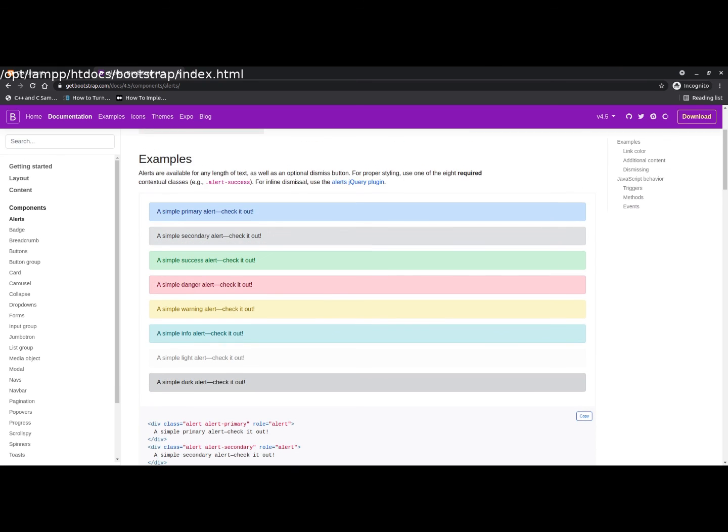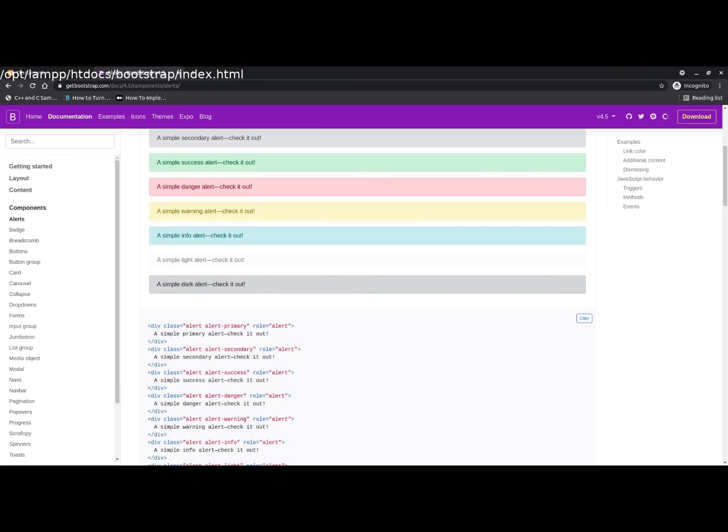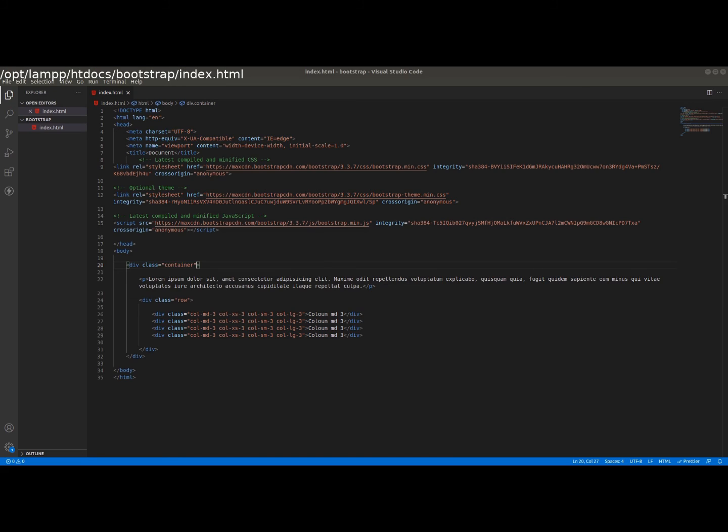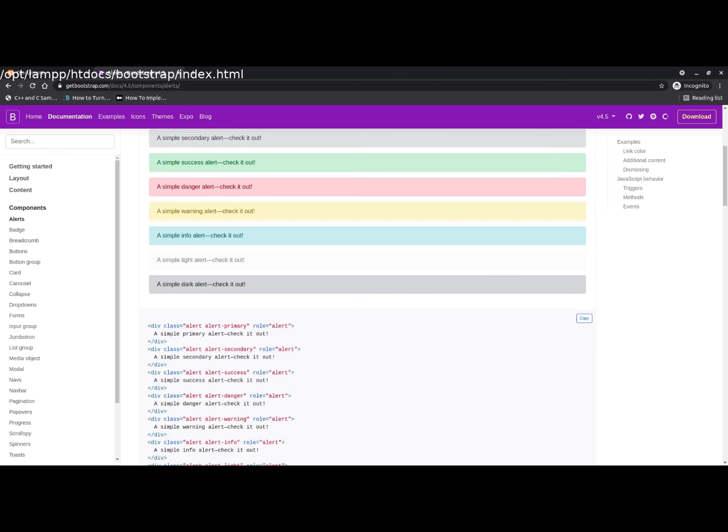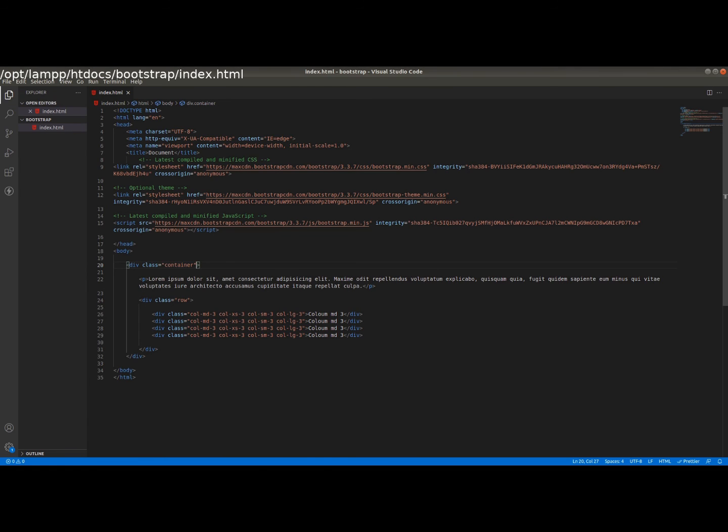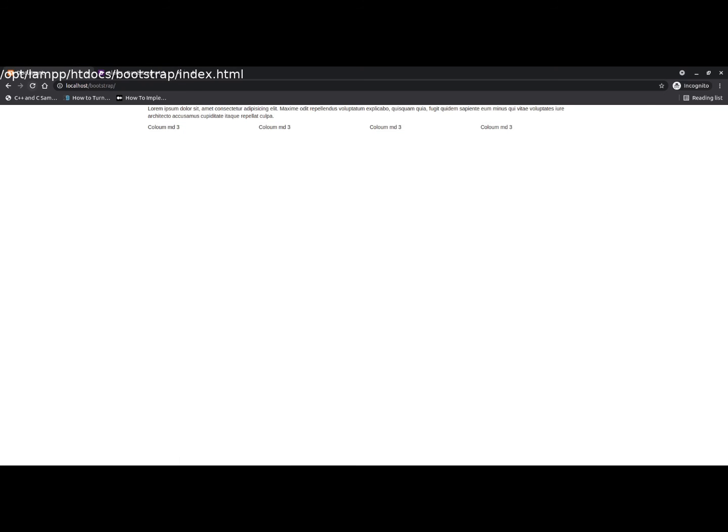Suppose I'm showing the alert here: just copy this section, alert and alert primary. You will show your section without typing the style CSS; simply print alert and it will show here.